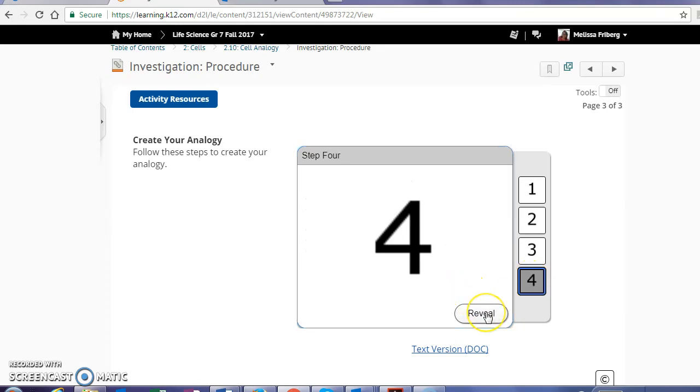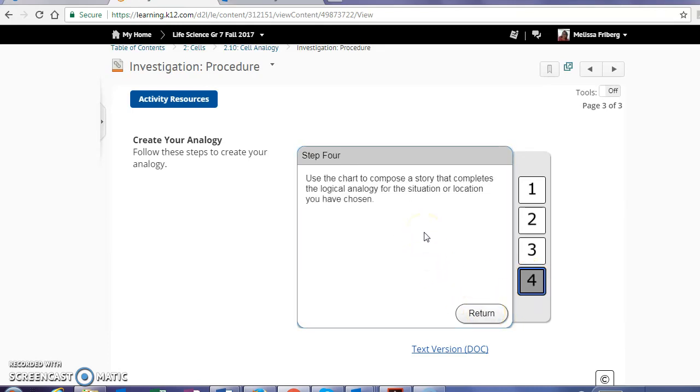And then question number 4, or step number 4, it says, once we've completed that chart, so once you've gotten past that part and you've completed your chart, you need to write a story. It doesn't have to be long. There's no limitations on how long it needs to be. Write a story that completes the analogy, so the analogy that you created based on whether we use the jungle, whether we use the city. You create a story based on your analogy that you chose